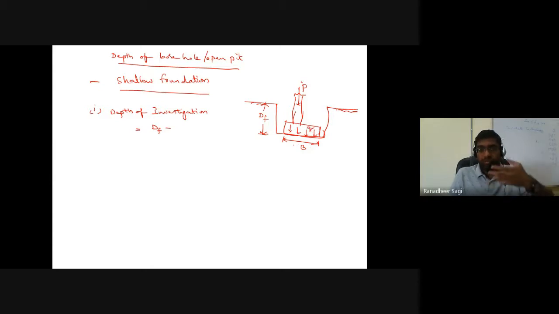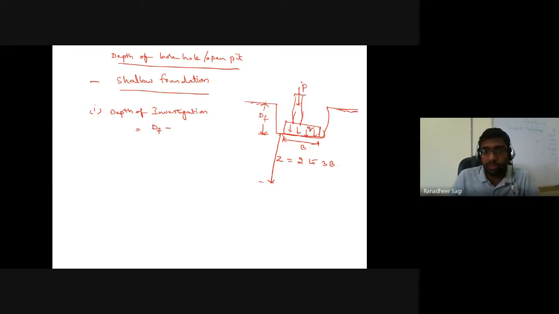Okay, the stress I am trying to induce from the footing onto the soil due to the load coming from the column is something small q. Now, I should try to understand the condition of the soil below the footing up to a depth, which I am writing as Z, which is in general given as 2 to 3 times the width of the footing. What does this Z below the footing mean?